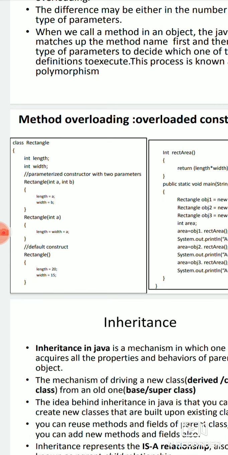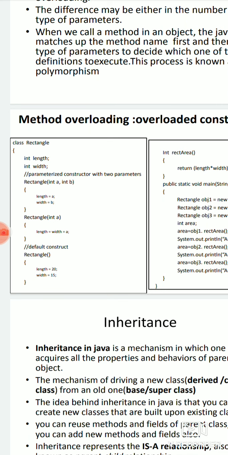Now the constructor definition is given. We start with a bracket. Here we have written length is equal to a and width is equal to b. As I have already said, you can initialize at this point itself. If you give a value, the length and width will get the value on the spot.